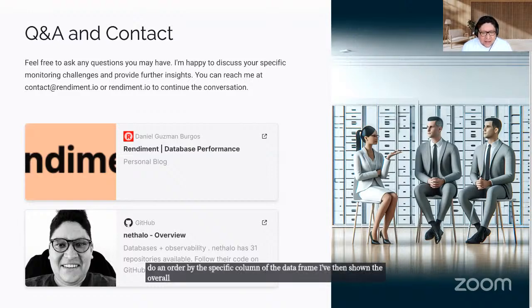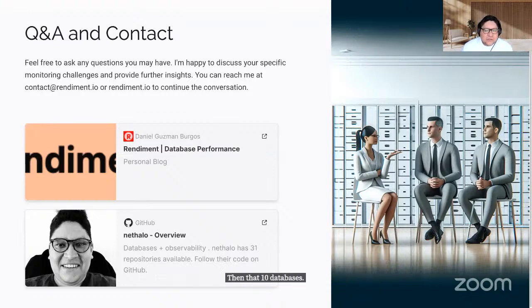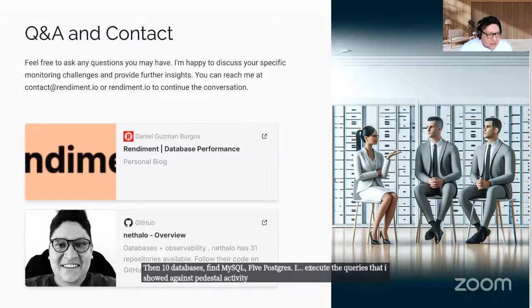So let's say I have 10 databases, 5 MySQL, 5 Postgres. I execute the queries that I showed against pg_stat_activity and against the process list.